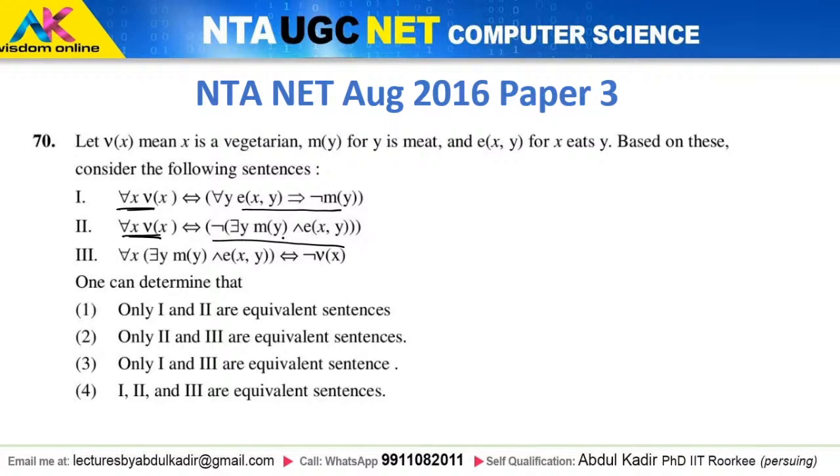There does not exist a y. So this is not correct. Why? See, here actually in the second statement he is saying that there does not exist any meat in the world. There does not exist any meat. Okay, so this is not what we wanted. Of course meat should be there, means animals should be there, but everyone should be vegetarian. See, statement 1 is saying that for every y, statement 1 is saying that for every meat,